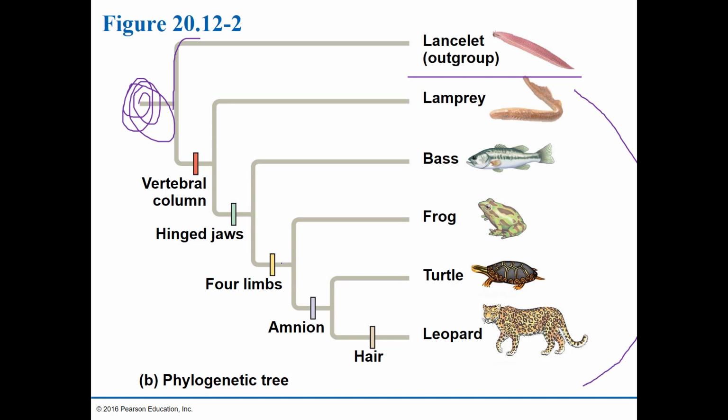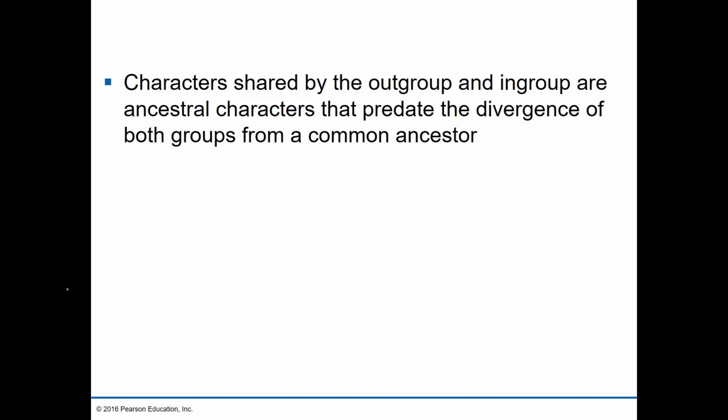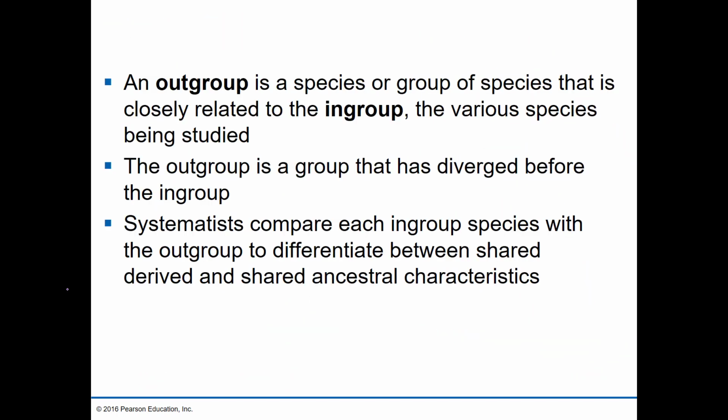If you took all of the rest out and we were just looking at this little clade, who would be the outgroup? The frog, right? Because it branched off earlier. And turtle and leopards would be the in-group. Characters shared by the outgroup and in-group are ancestral characters that predate the divergence of both groups from a common ancestor. So going back,